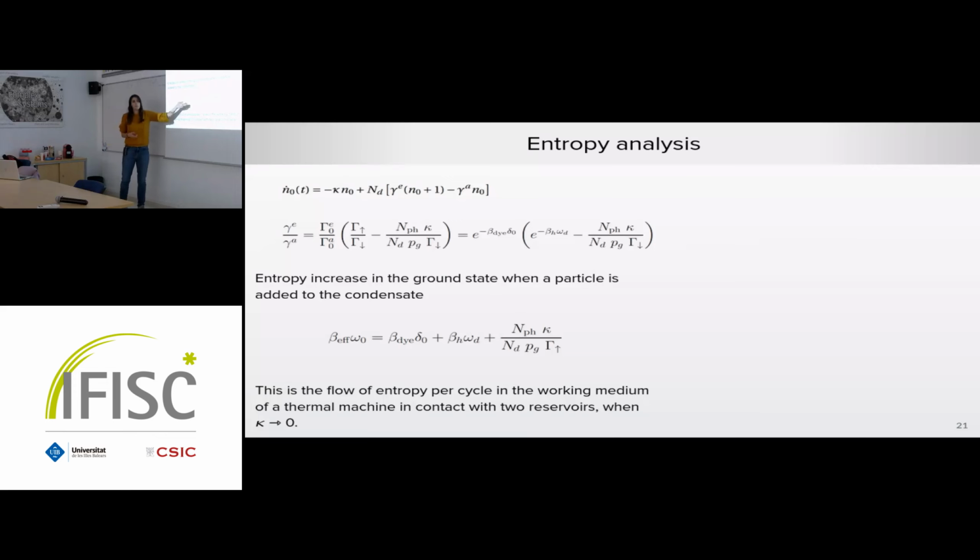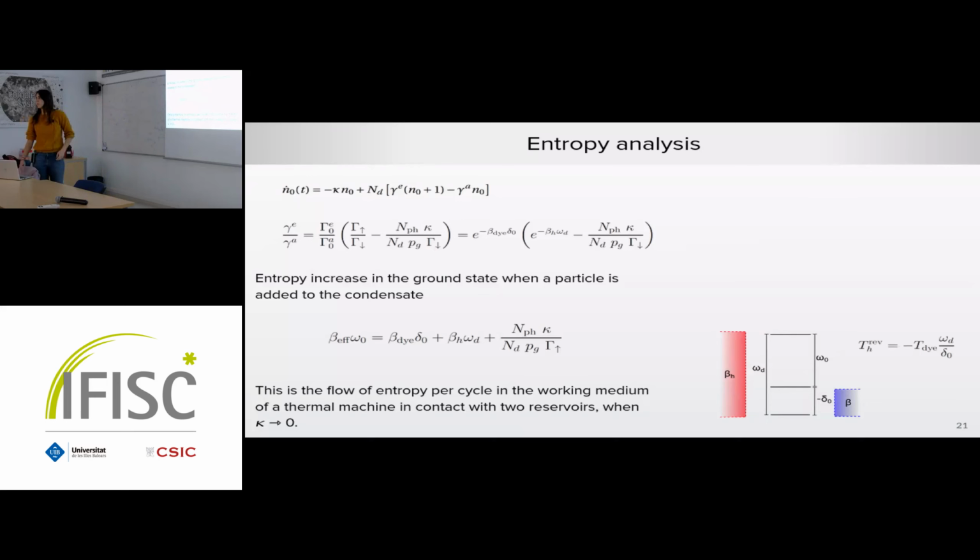And you can see that this looks pretty much like a heat engine. This is the heat flow from the hot reservoir, this is from the cold reservoir, and this is some other heat flow, which is just due to the particle flow in the system. That's quite interesting because it was a totally different path to again get to a three-level system. Even though we had a lot of degrees of freedom, we end up with these three energies being the ones that matter. So you get something that's pretty much the same as before.